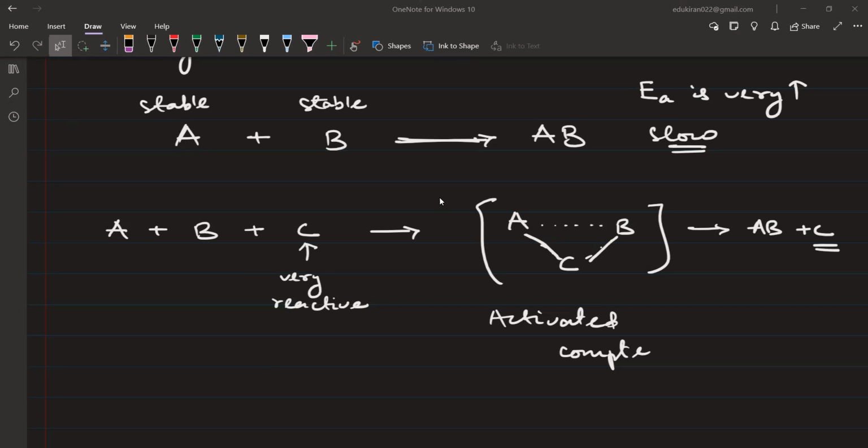Now, as you can see, this complete reaction is a whole different reaction than this one. 1 and 2 are different reactions. Why? Because in 1, we have A and B as reactants, and in 2, we have A, B, and C as reactants. Also, the transition state here and the transition state here, both are different. And that is why you will write